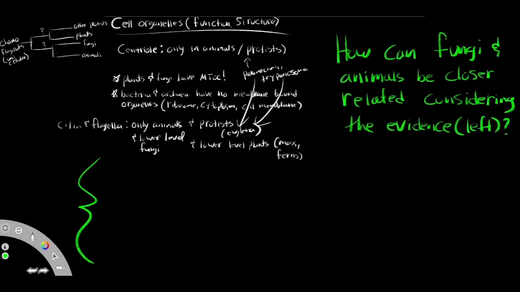And only certain types of fungi, very, very rare ones, like the lower level fungi, were able to actually keep them. But the vast majority of the fungi didn't seem to thrive in an environment to keep it. It was actually more taxing to keep it. So as time went on, they started to lose it, and most of the fungi that you see now do not have cilia and flagella. Again, only the rare ones do.